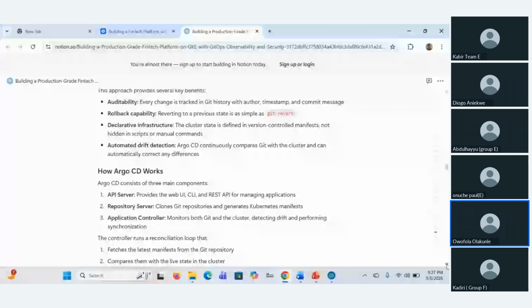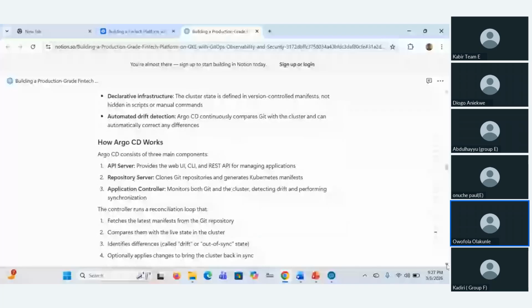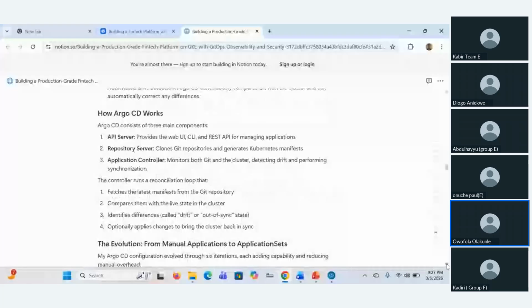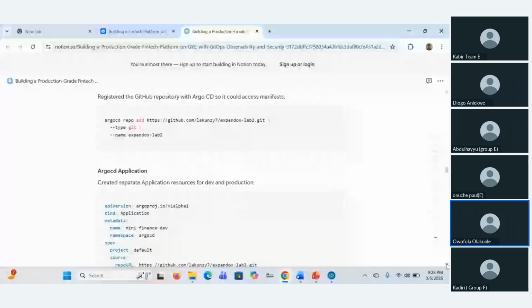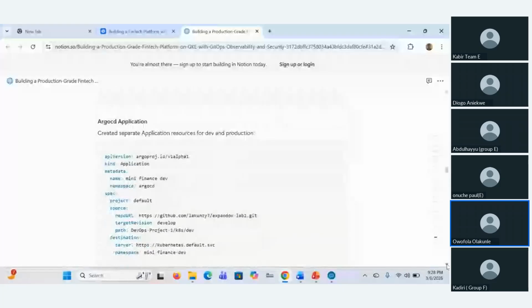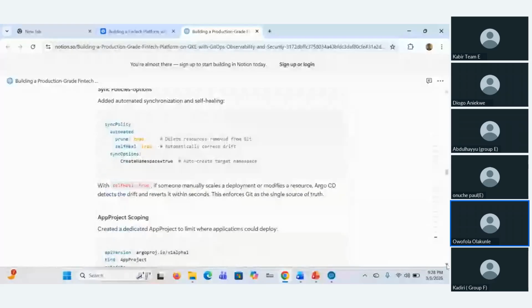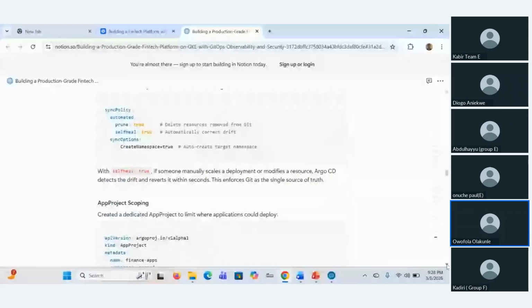Let's say the new deployment maybe doesn't work. We can roll back to the stable deployment, and we can also track if any commit is made. Argo CD can track the commit history and check who made the commit and all of that. Accountability. So with the help of Argo CD, this can be achieved.